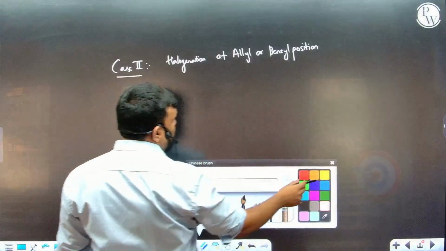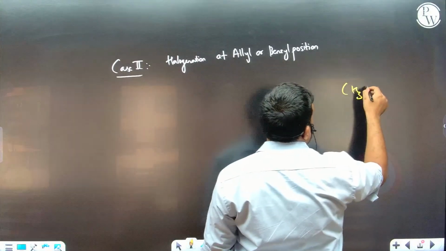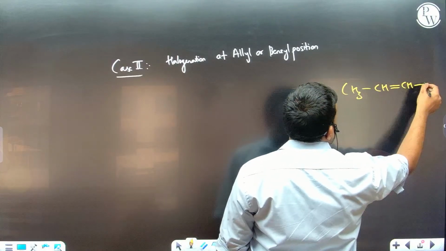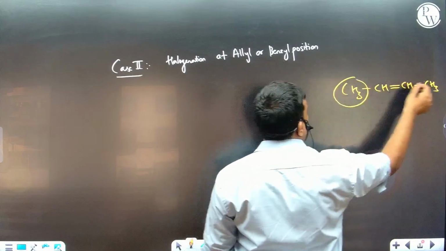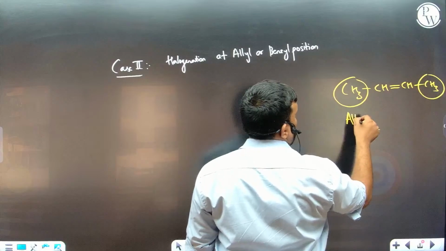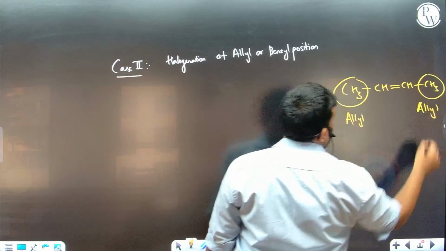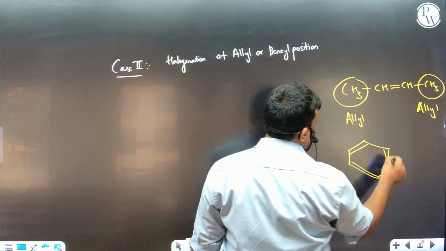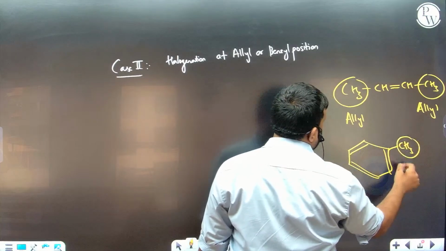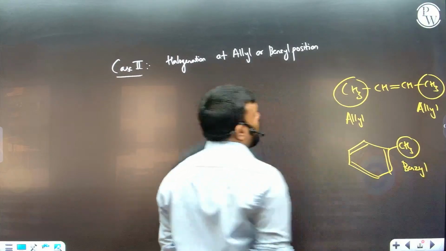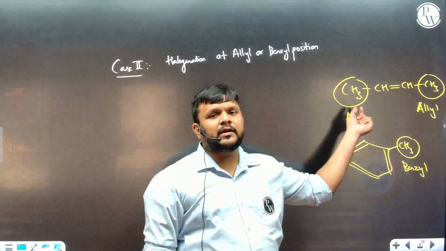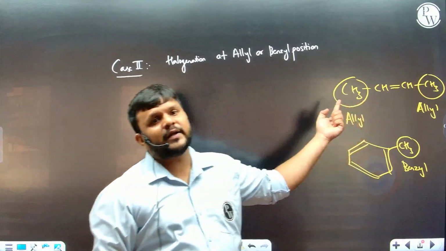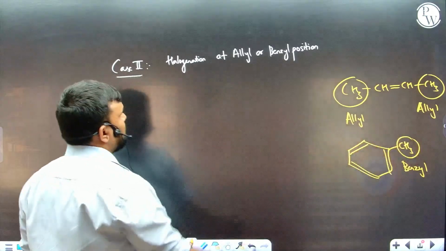So what is this allyl position? Let us first understand. CH3, CH double bond, CH, CH3. So these are the allyl positions. And what is benzyl? Suppose I am drawing a toluene over here. So this CH3 is nothing but benzyl position. See what happens. This free radical over the allyl position or benzyl position is stabilized by resonance. That's why what will happen,